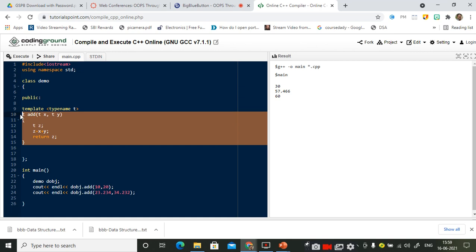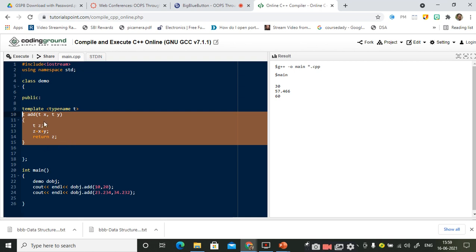One, sir. Only one function. One function. But is it going to work with different data types or not? It is going to work with integer, it is going to work with floating, or it is going to work with double. So this is how templates reduce the effort of the programmer. They make programs easier to write. Is it right or not? Yes, sir.